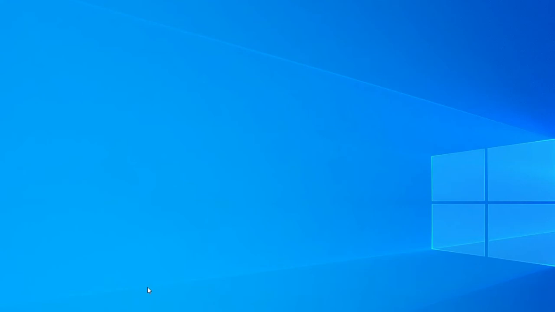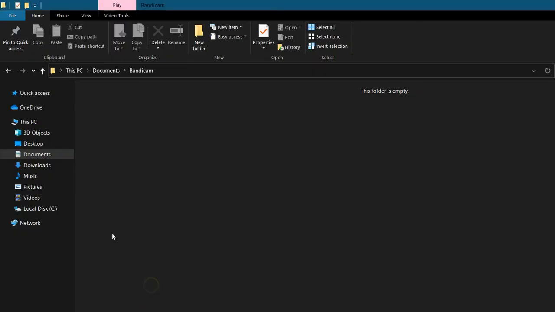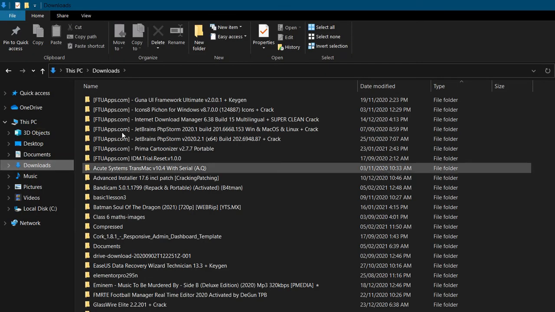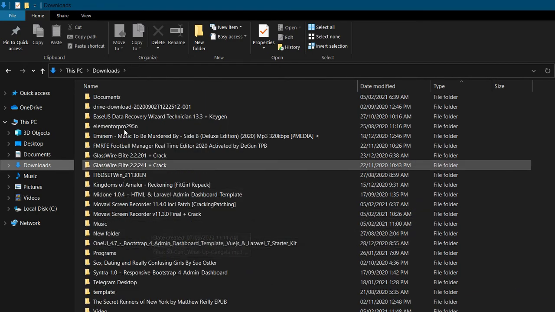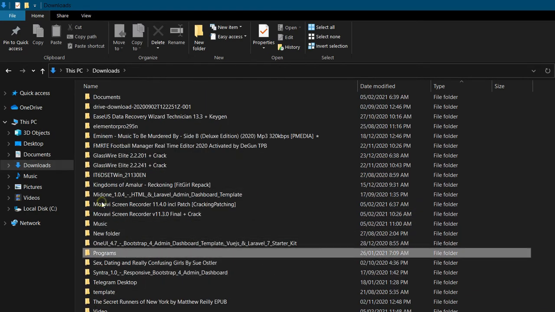I've used XAMPP for some time, but after getting to use Laragon, I haven't actually gone back. So I'm going to show you how to install Laragon.